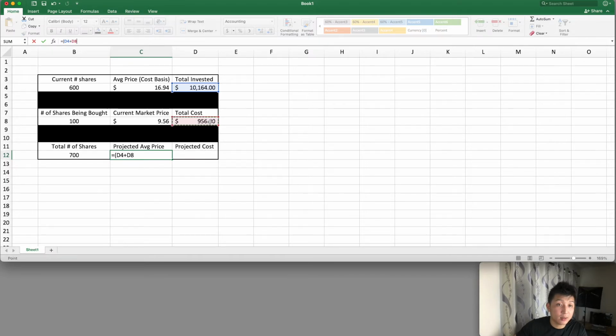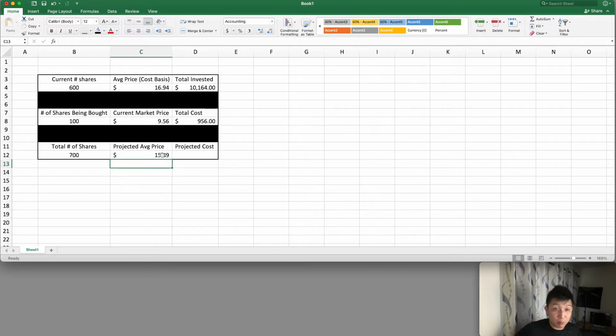plus this cell, and then close out the parentheses divided by this number and this cell, which is basically the total number of shares, and that'll give me my projected average price, and that's $15.89. So notice that if I have 600 shares initially and were to buy 100 shares, then my projected average price, which is basically averaging down, dollar cost averaging down, is